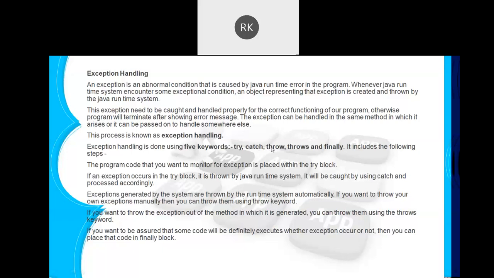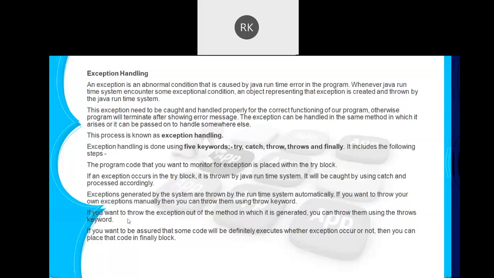Some of the exceptions will be thrown by the runtime system, like the two examples I gave you: we are trying to store 15 values in an array that can only store 10 values, or we are trying to convert hello into an integer. In such a case, the Java runtime system will automatically create the object of the corresponding exception and throw it. And there might be some situations where you may be required to throw your own exception. That can also be done. And how can we do that? Using the third keyword that you can see here, the throw keyword.